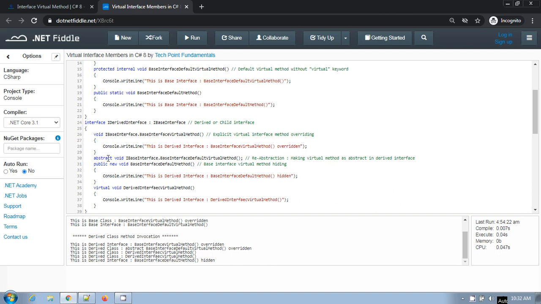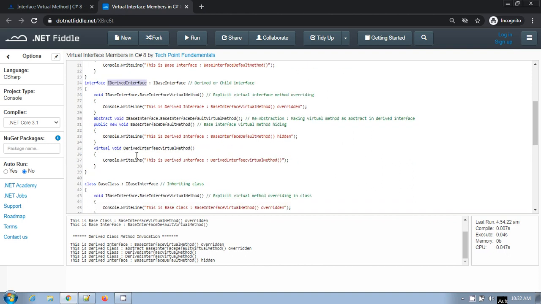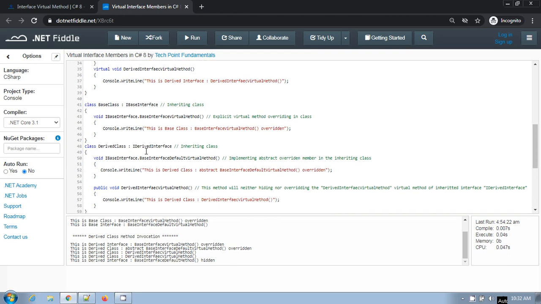So the second point, if you are making this method abstract here, any class which inherits this derived interface must provide the definition for this abstract member, right? If you see here, I have inherited this derived interface in this class, and in this class I have provided this definition here.